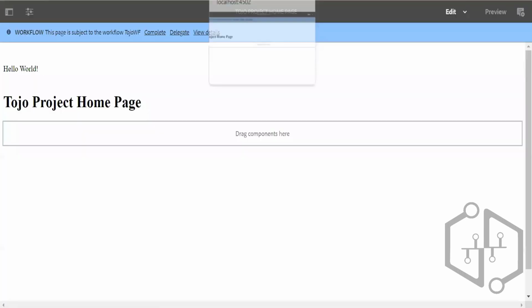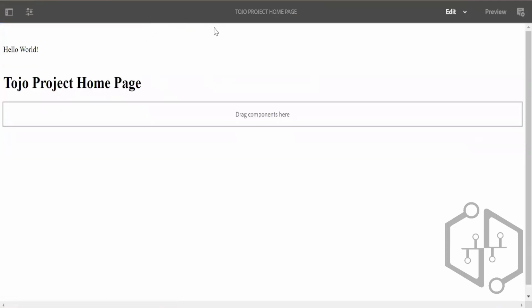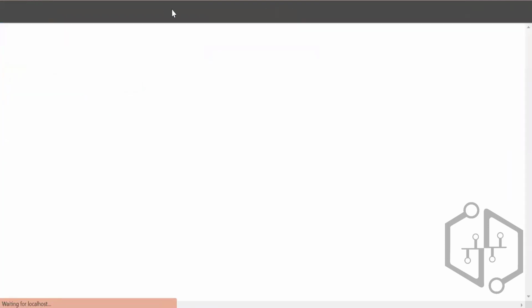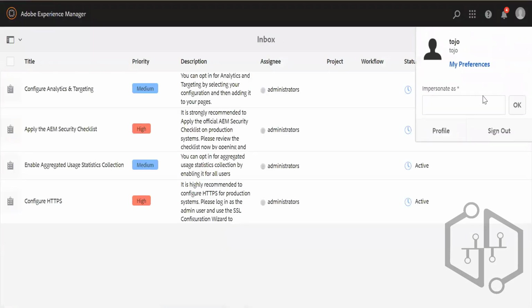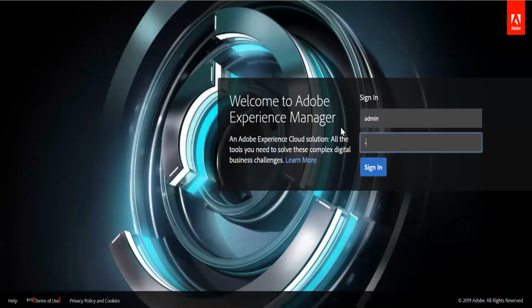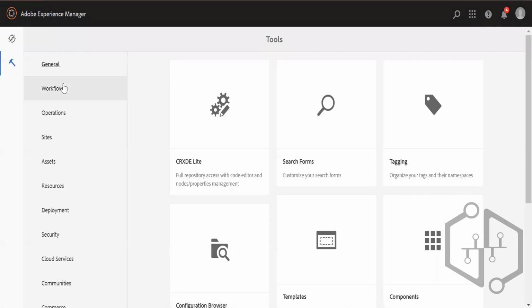Again, like we discussed the whole process. Now you see the workflow, once the work got completed, you do not see the workflow anymore. Now, in the same way, let me sign out and log in with the admin user. So here, if I go to the workflow,